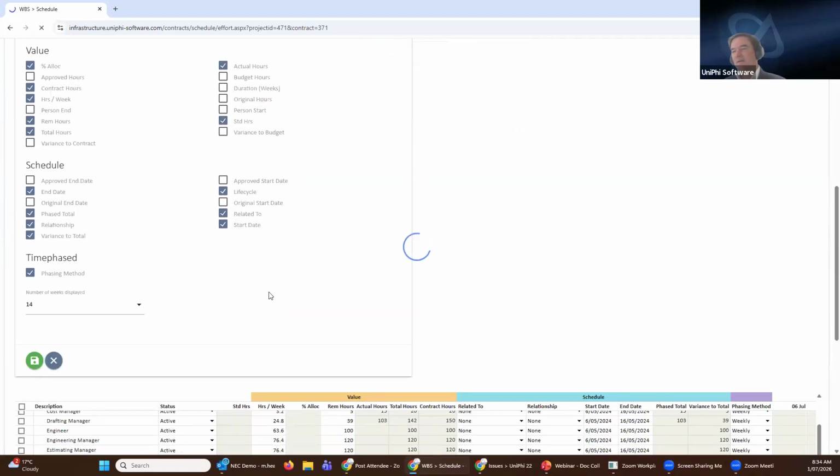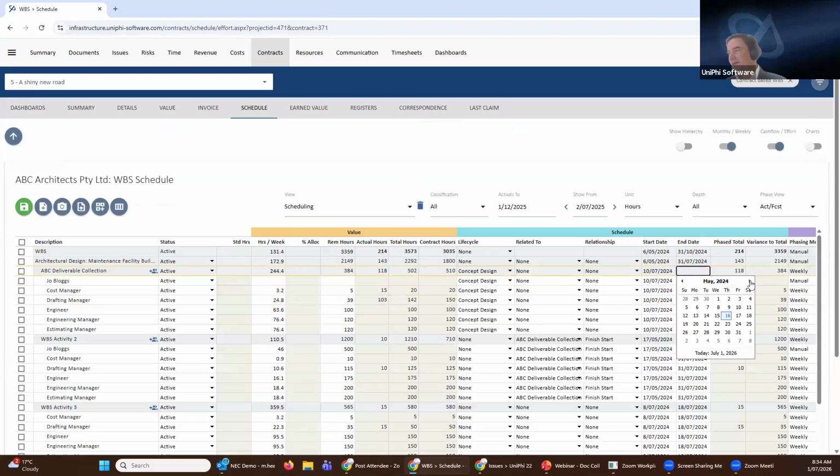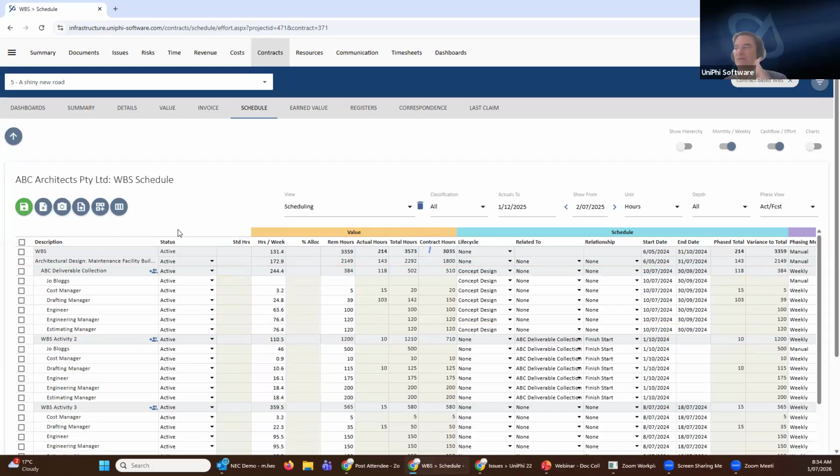I could then link the commencing task to the commencement of a life cycle phase, which would be the concept design phase, and it's going to then cascade down to the ABC collection, etc. So again, pushing that out. And so once I've got that set up, I need to update that a bit. Any change I make to the life cycle will cascade down into these other activities.